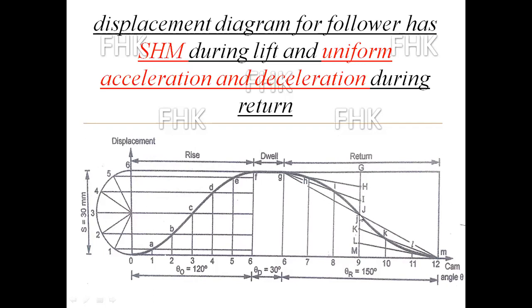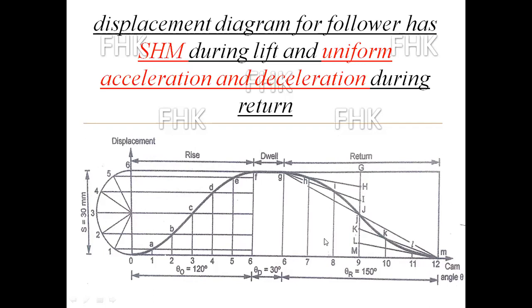Third inclined line and third vertical line, where it intersects, that point will be small j. Fourth inclined line and fourth vertical line. Fourth inclined line is capital K and M, K or 12, and the fourth vertical line, this is 10th, is nothing but the fourth vertical line from this series 7, 8, 9, and 10. That intersection point will be small k.